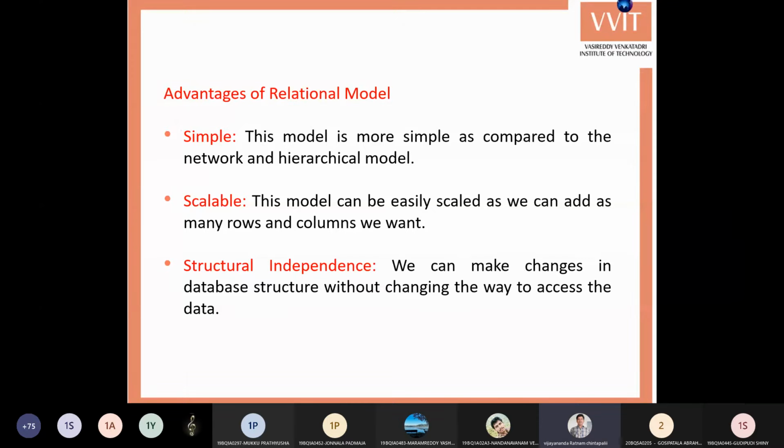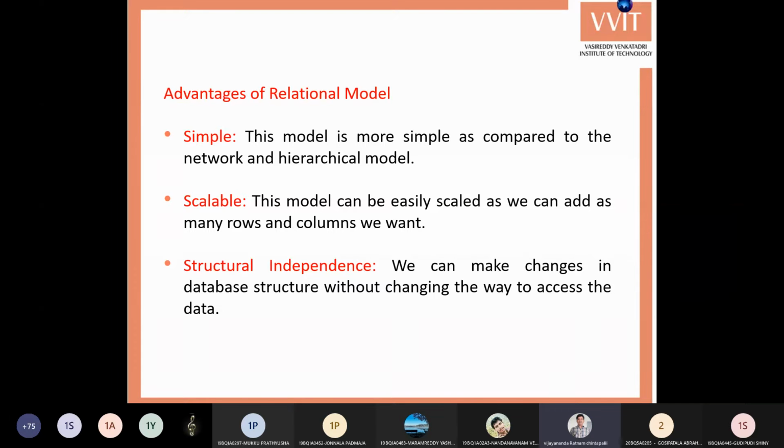Because pointers deal with addresses, if you want to use pointers, we need to have sufficient memory. So the hierarchical and network models store the data till we get sufficient memory addresses. If there are no memory addresses, we are unable to store the data. So that is somewhat typical.